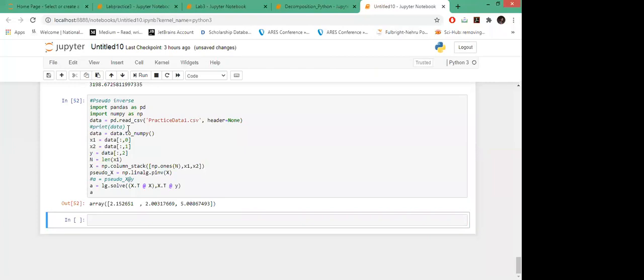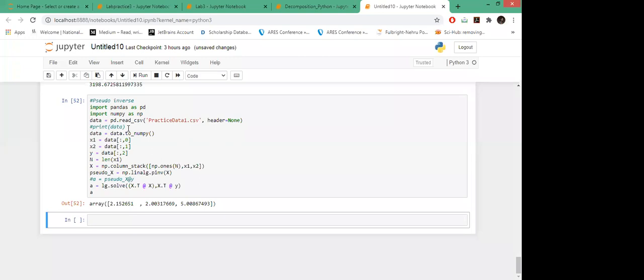How does this pseudo inverse work using SVD? Since you have decomposed your matrix A into U, sigma, or say S, and V transpose, you find the pseudo inverse with the transposed form, where the sigma matrix has the singular values on the diagonal.